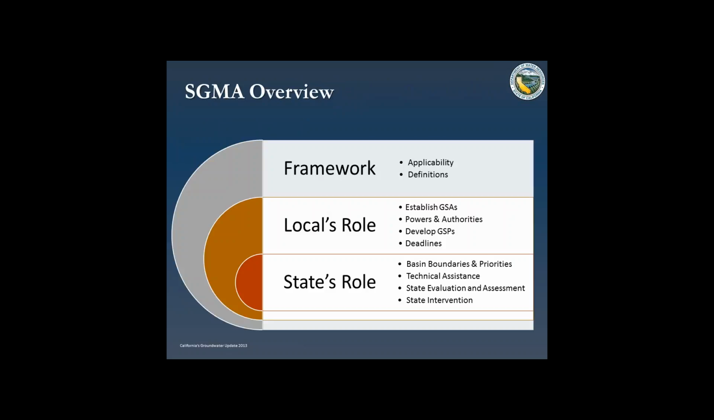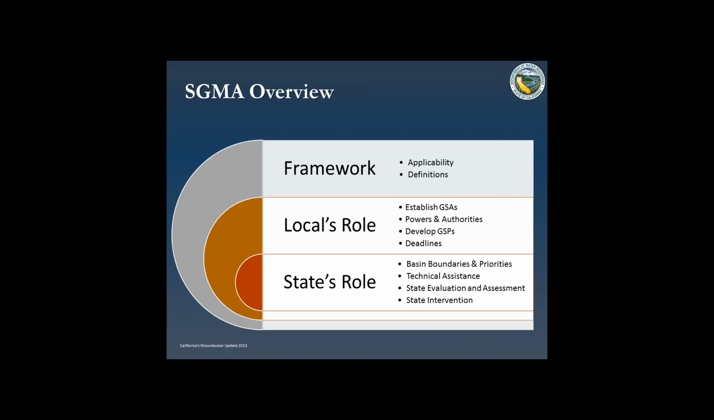So if you look at SGMA, just a quick overview, our department sees it as broken into 3 general areas. We see the general framework, which is identifying who's applicable to be doing the sustainable groundwater management plans and when they need to be done. It has the definitions associated with sustainable groundwater management. And then there's a large section on the local role with establishing their groundwater sustainability agencies, which we're calling GSAs. It also, as I mentioned, highlights some new powers and authorities they have to implement plans,